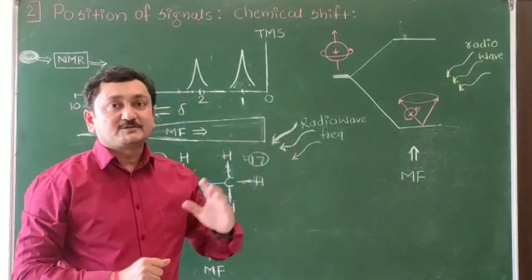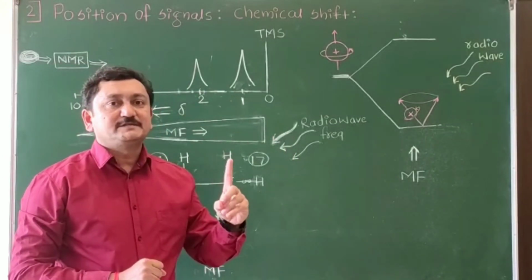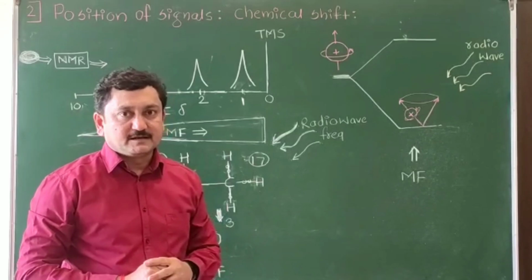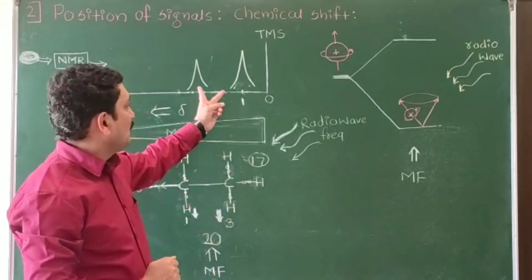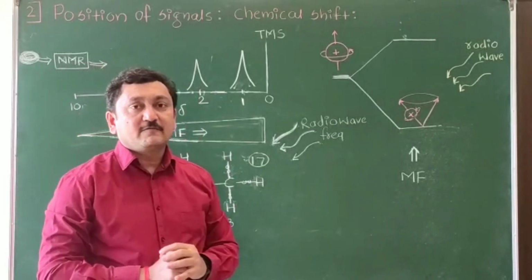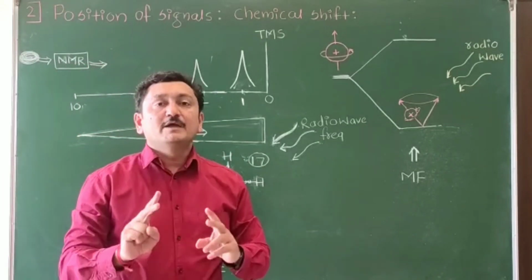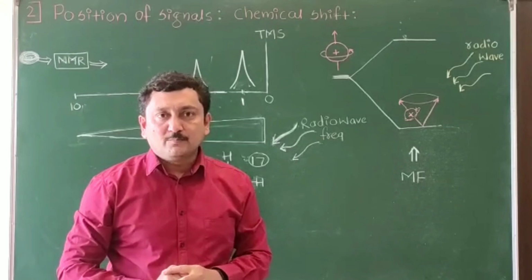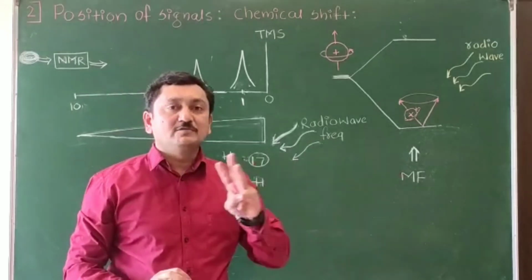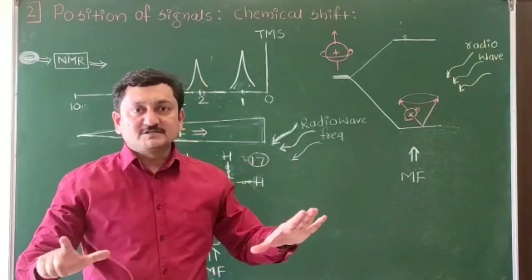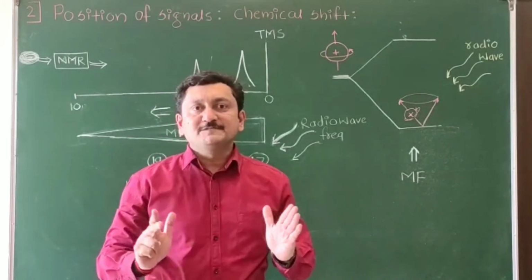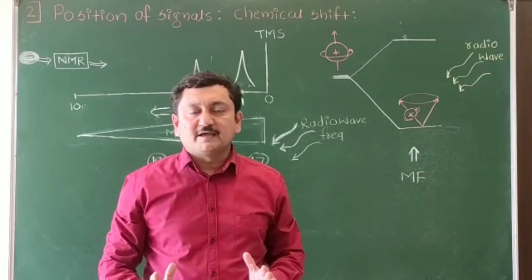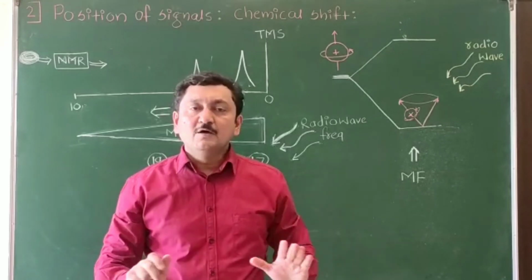They are called aspects of NMR, out of which we have seen the first one, that is the number of signals. The number of signals gives us information. If for a compound we are getting 2 signals, it means while drawing the structure of the compound, we have to show 2 sets of equivalent protons. If another compound gives 3 signals, it means while drawing the structure, we have to show 3 sets of equivalent protons. So the number of signals gives the information regarding the number of sets of equivalent protons.